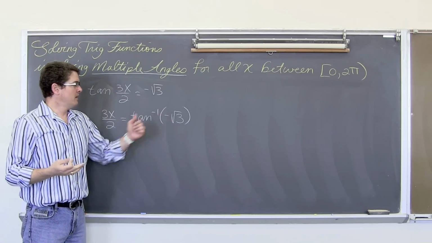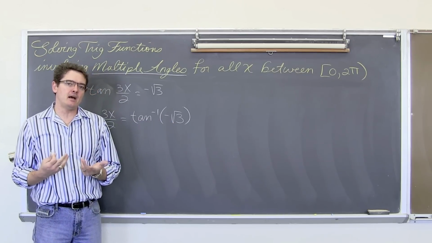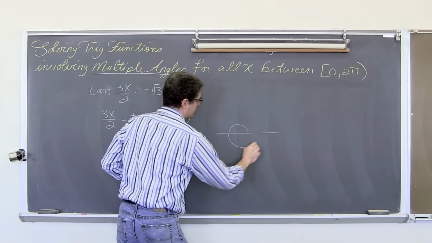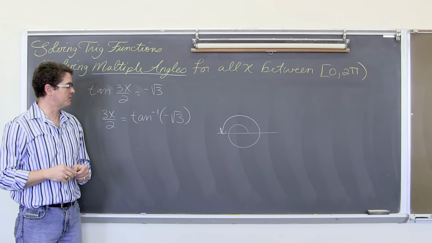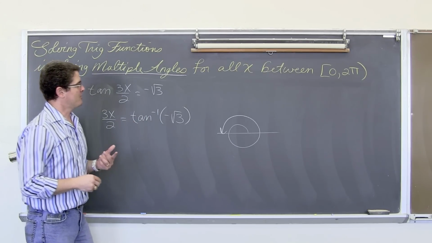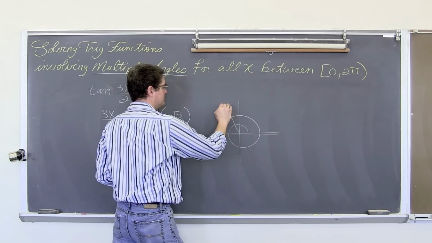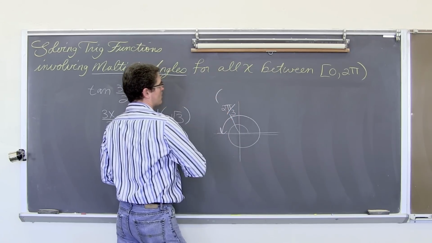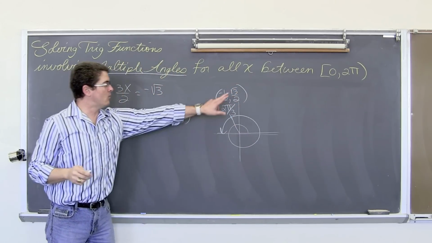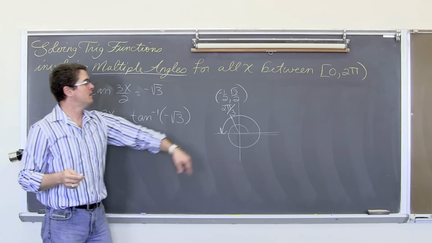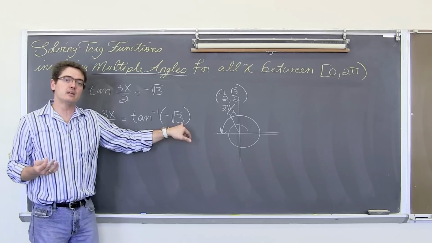Tangent is negative in quadrants 2 and 4. So what first answer do we have? What first angle do we have in our first 1.5 rotations that puts us in quadrant 2, where, of course, tangent is negative square root of 3? Well, if you remember your unit circle, and certainly by now you have, at 2 pi over 3, your coordinate is negative 1/2, square root of 3 over 2. And when you take that y over x, the ratio for tangent, the y value of square root of 3 over 2 over negative 1/2 does cancel out to be negative square root of 3.